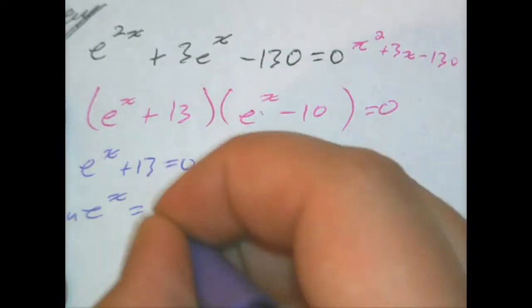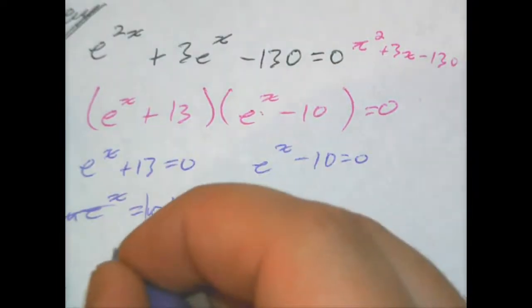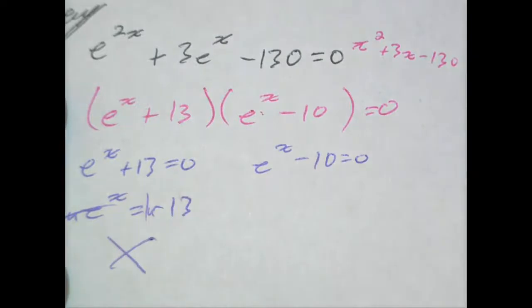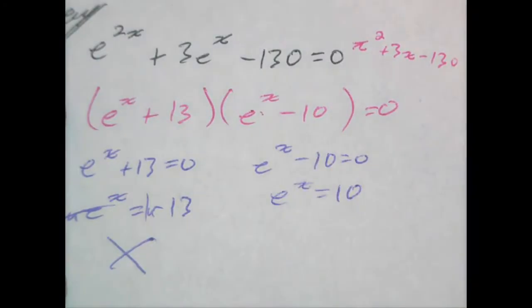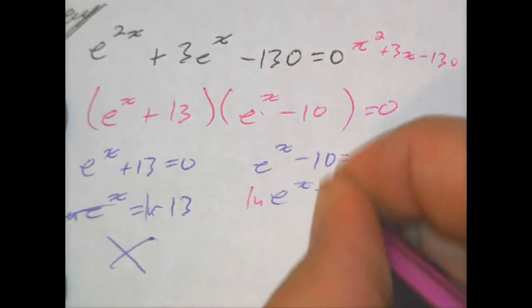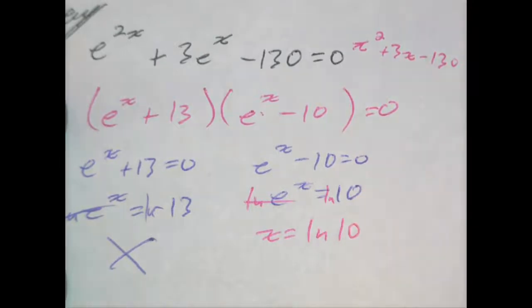Take the natural log of both sides. This one will not work because x cannot be ln negative 13. So that one is not possible. However, on this one, e to the x equals 10. And again, I'll take natural log on both sides, ln. So I have x equals ln 10, which in your calculator,